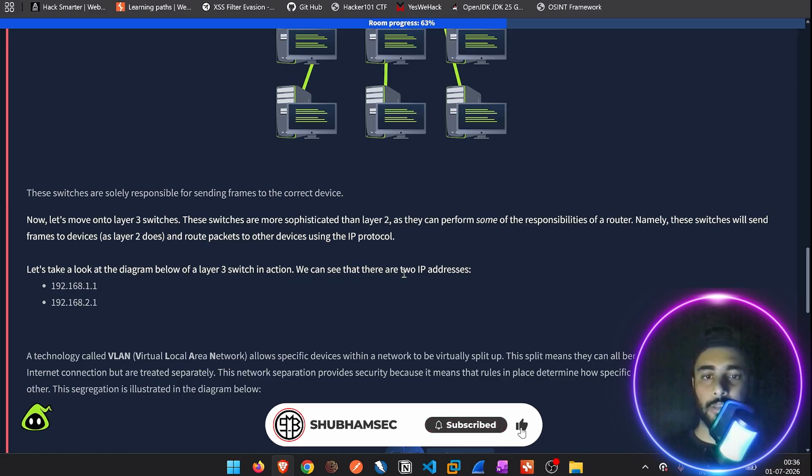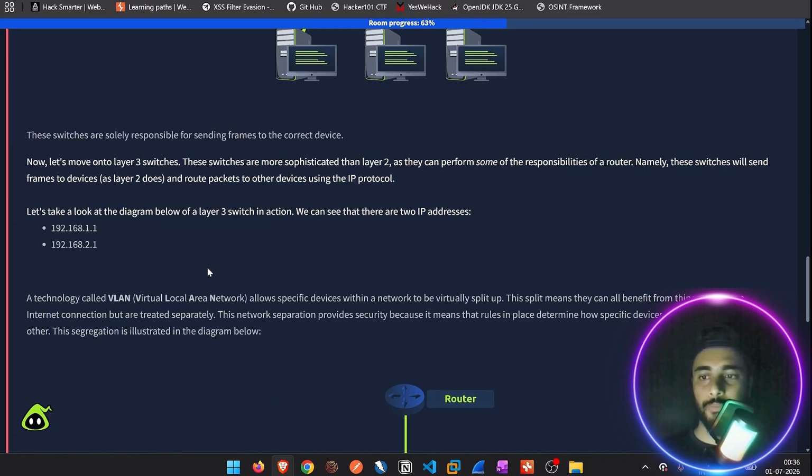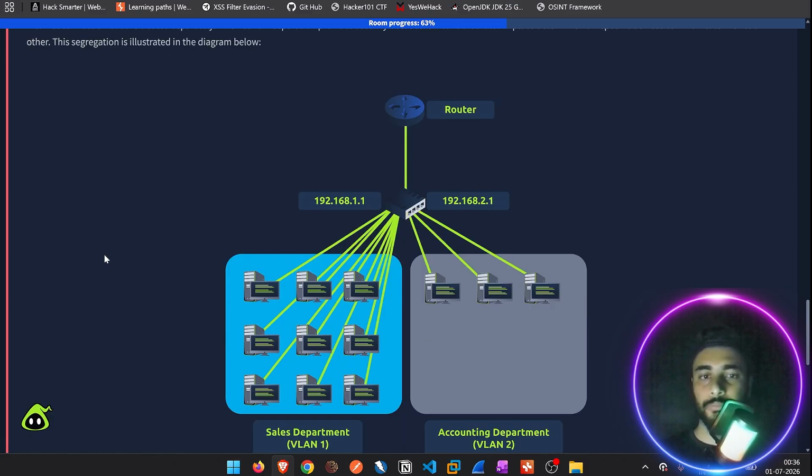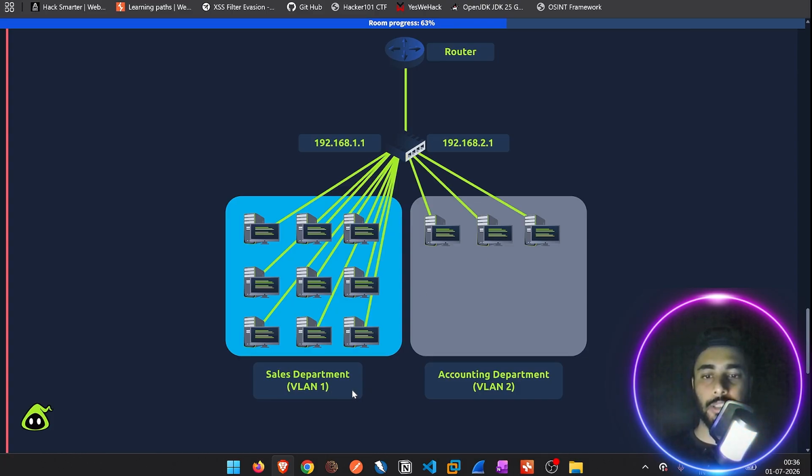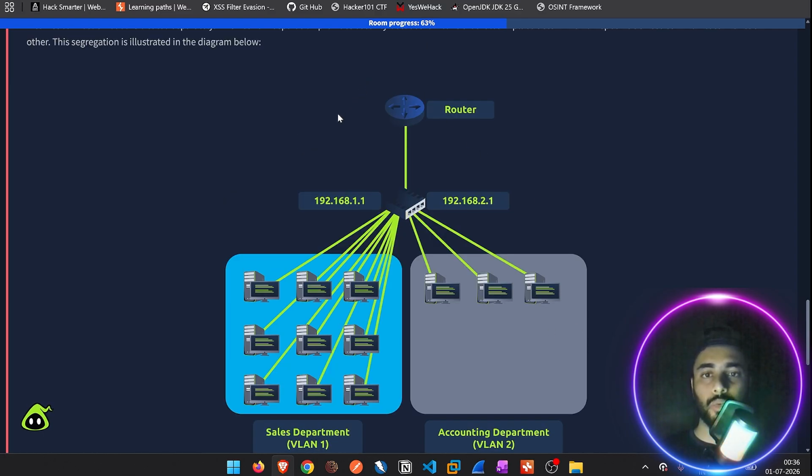We can see that there are two IP addresses, that is this one and this one. You can see here these are the two IP addresses, and this is VLAN 1, VLAN 2. This is the accounting department and this is the sales department. So दो डिपार्टमेंट है, एक सेल्स है एक अकाउंटिंग डिपार्टमेंट है, और अगर कुछ भी डेटा सेंड करना है हमें